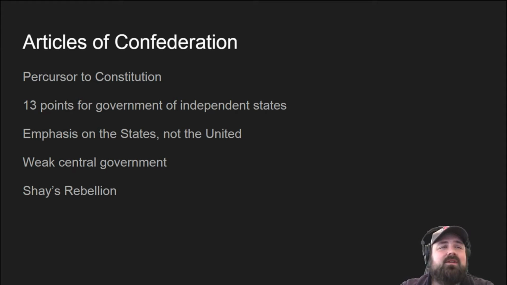Article number 4 says that there's going to be free movement of people between the states, excluding criminals, who can be extradited, and that all people will have equal rights between states. There can be different rights in each state, but when you move from one state to the other, you're given the full set of rights of that state. They may be different, but you have equal access to the full rights of the state when you move between states.